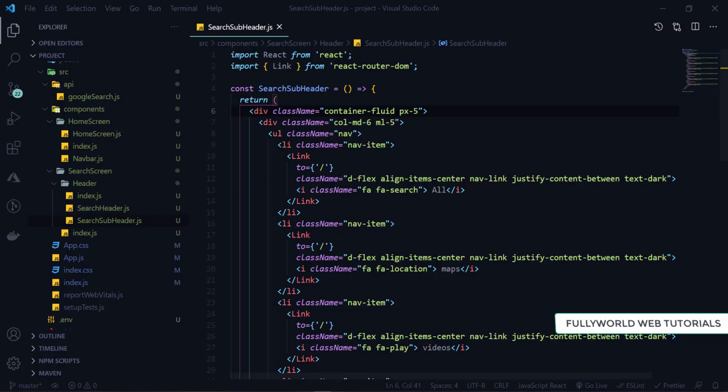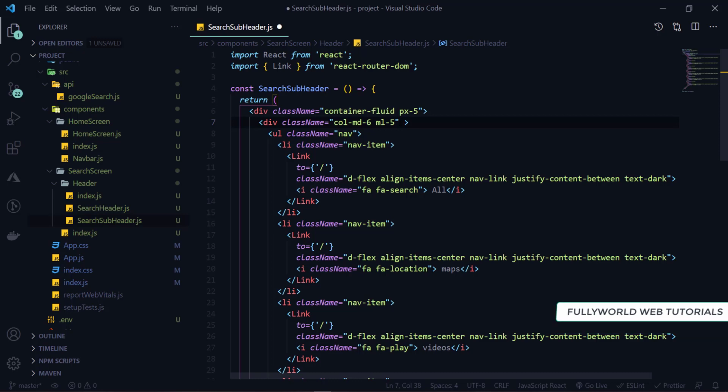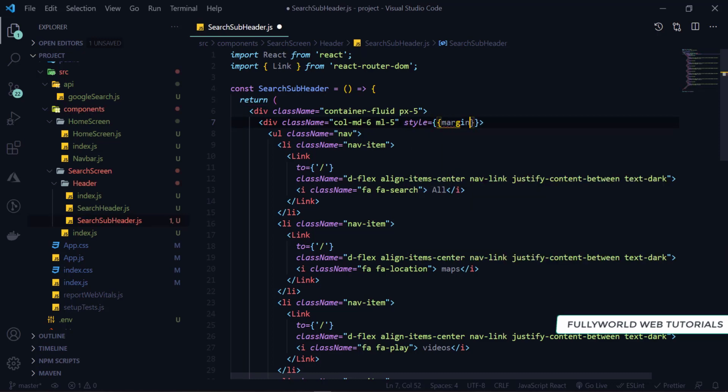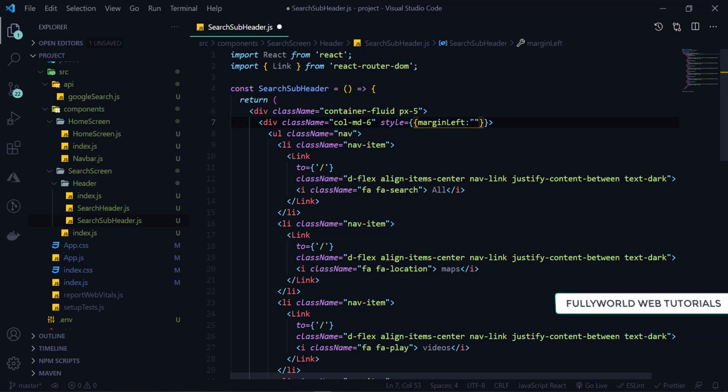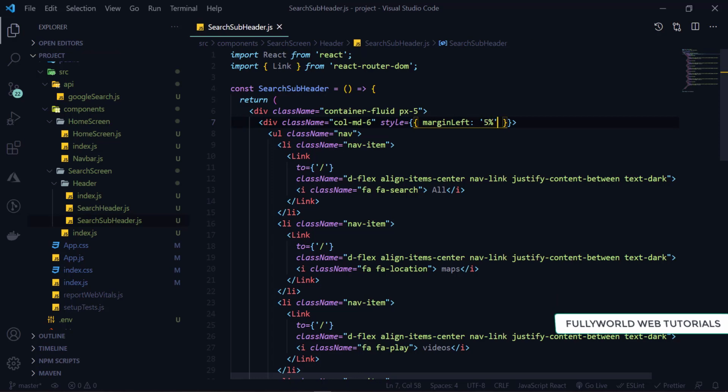So these are looking little good. So here I will set one more style, margin left to 5% or 10%.